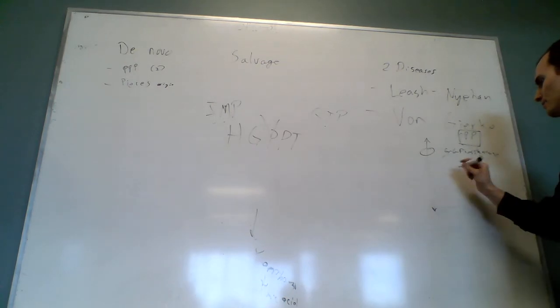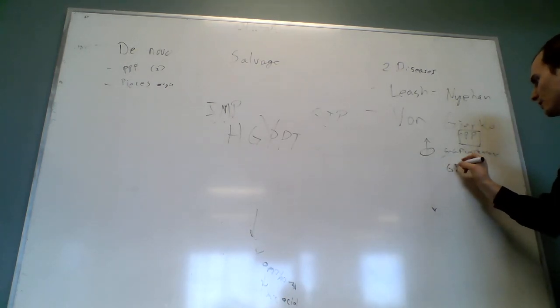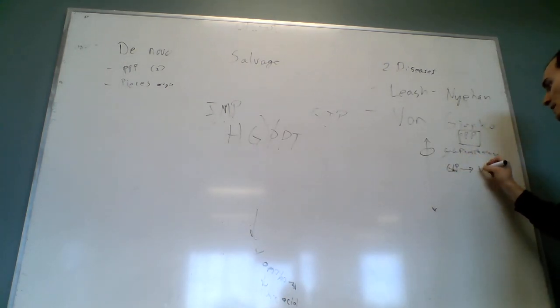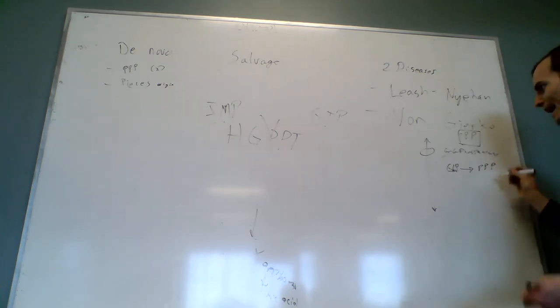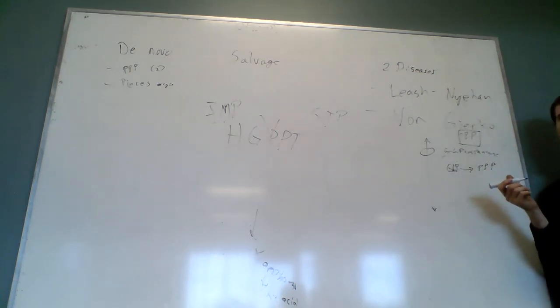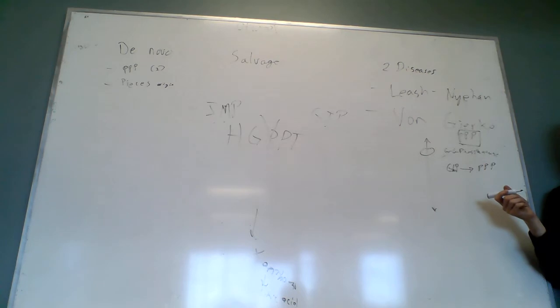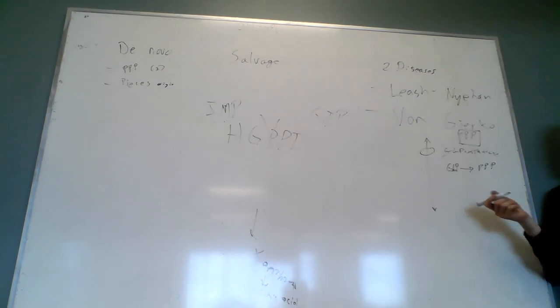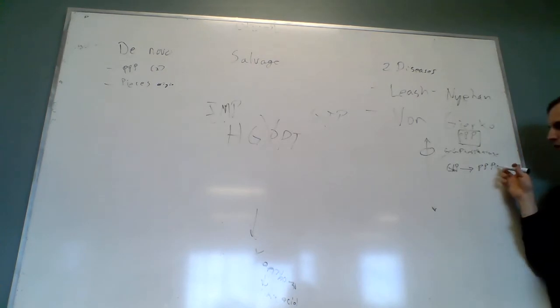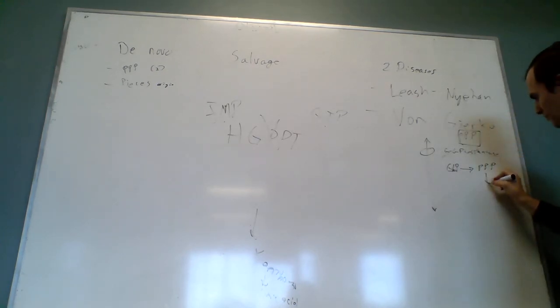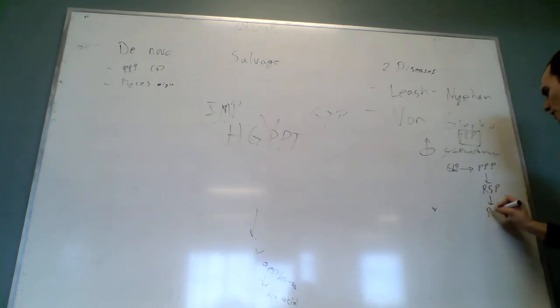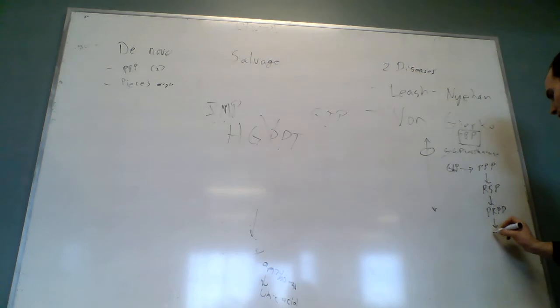G6P is a reactant, and if you have a whole bunch of reactants, then it forces a reaction to happen. Or if you want to think of it as positive regulation, you can do that too. So it forces the pentose phosphate pathway, which forces ribose 5-phosphate, which forces PRPP, which forces IMP,